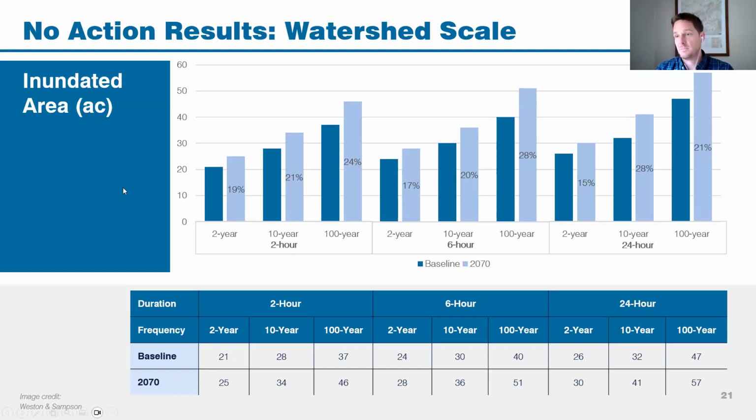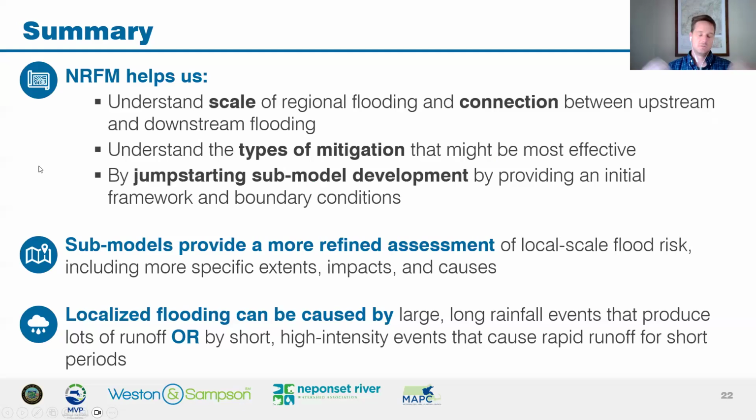And that's the whole point of the submodel, is to better understand these different causes of flooding and where, which locales, which neighborhoods are affected predominantly by total runoff, right? Large amounts of rainfall, or peak runoff, high intensity rainfall, because that will inform solutions. I'll just take a step back and summarize what we've seen on the last few slides, which is